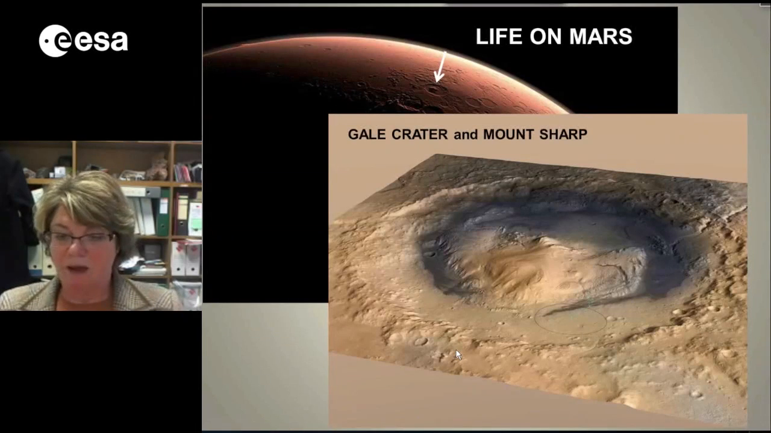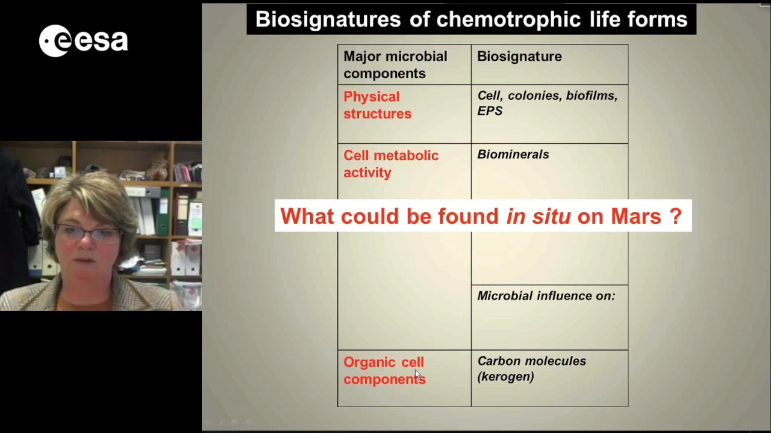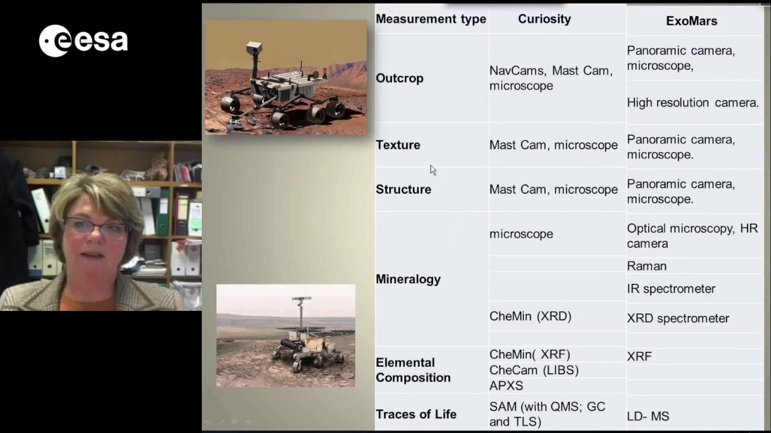So now, transposing this to Mars, I've almost finished now. What does this tell us about how we're going to look for features on Mars? Getting back to our biosignatures of chemotrophic life forms, we have the physical structures, evidence of metabolic activity, and the cell organic components. What could we find in situ on Mars? Well, if we look at